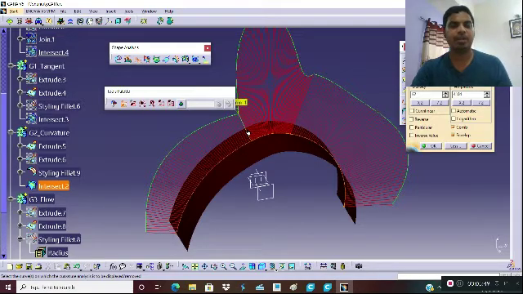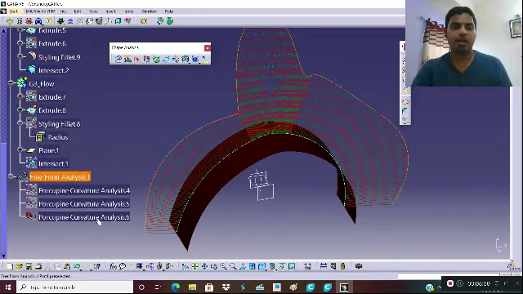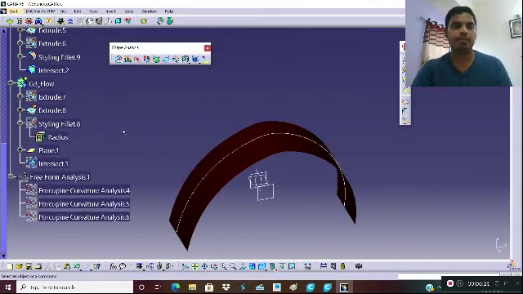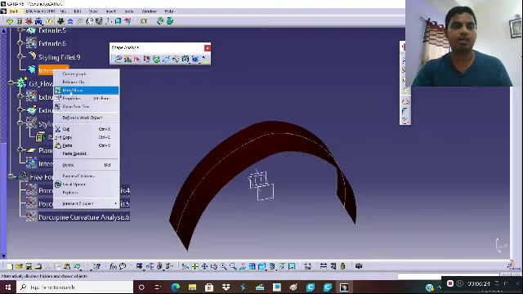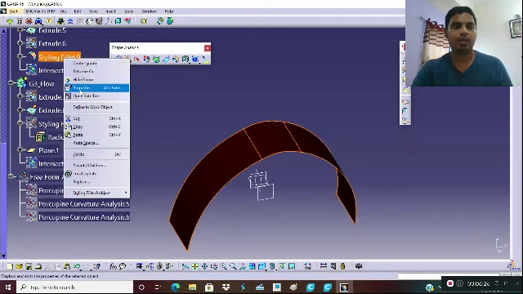In this case you can see that the curvature comb lines are overlapping with each other, that means it is satisfying G0 continuity. Then the rate of change of this curvature comb line is a continuous one. In this case, that can be identified by this green color line being connected continuously with this envelope line. That shows that this is connected by means of G2 continuity.